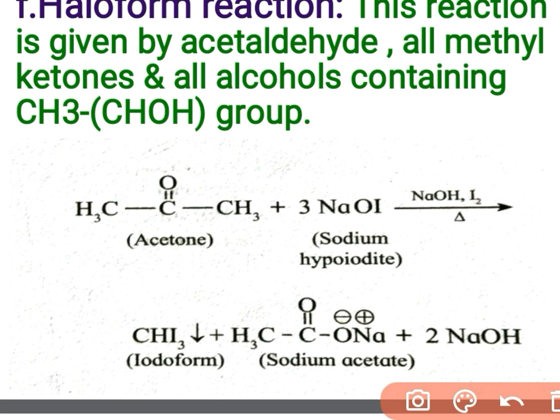As here acetone is a substrate and it contains 3 carbon atoms, one carbon atom less than the substrate means we have to take 2 carbon atoms to form sodium salt of acid. Therefore the next product will be CH3COONa. Why Na? Because we are forming sodium salt of acid. The remaining product is 2 molecules of NaOH, and CHI3 gives yellow precipitate. Okay, so this type of reaction is called the haloform reaction.